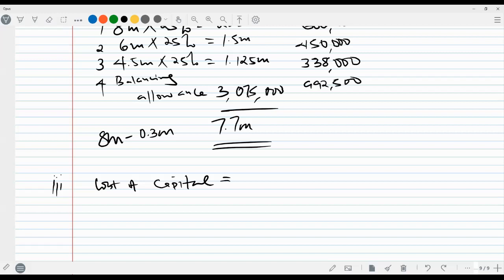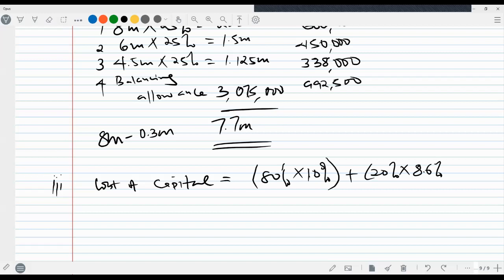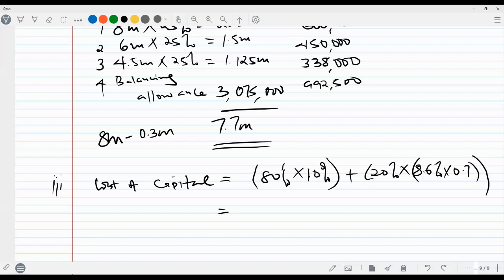So 80% of the money will come from equity shareholders, and they are asking for a return of 10%. So 80% times the return they want, 10%. Then the balance, 20%, will come from debt, and the debt is expecting a return of 8.6%. But don't forget the debt has a tax saving, which is equal to 30% of the interest you pay. Therefore, your cost is 20% times 0.7. Don't worry too much about this, because the topic is not yet discussed, but I think it's quite easy to understand. So to get the cost of capital,